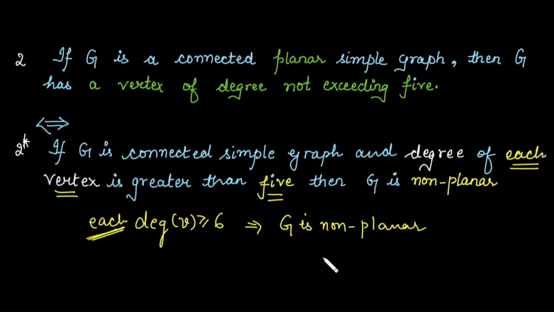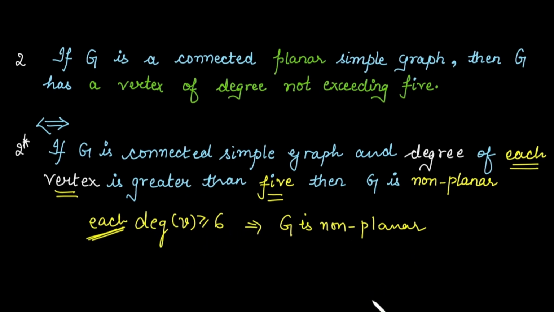But if there exists one vertex whose degree is less than 5, then we cannot say anything, because it is a one-way result. If it is planar, definitely there exists a vertex whose degree is less than or equal to 5 but cannot exceed 5. But if the degree of one vertex is less than 5, then we cannot say the graph is planar. But we can say that if the degree of each vertex is greater than or equal to 6, definitely the graph is